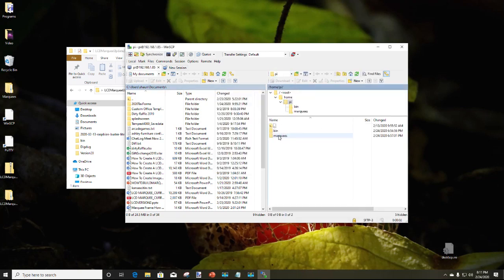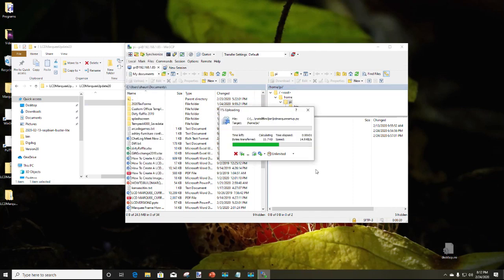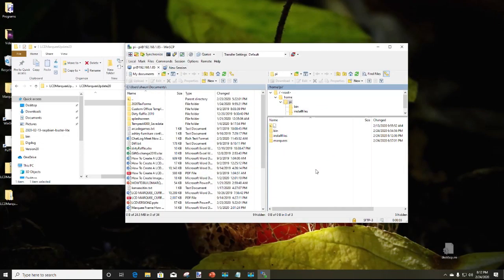When it opens up, you should see up here on the top it says home pi. That's the directory you went into, and you should see two folders: bin and marquees. What you're going to do is drag that Install Files folder and drop it over to the home pi folder that you opened up in WinSCP. Let it copy over those files, and once those files are copied over, we're going to go ahead and